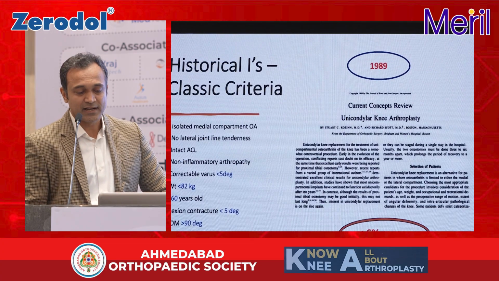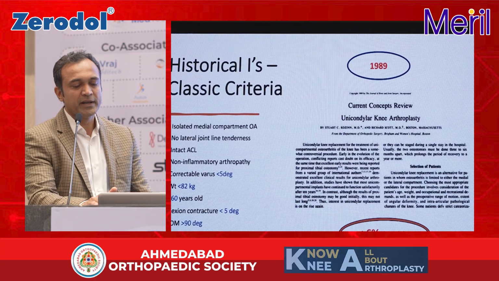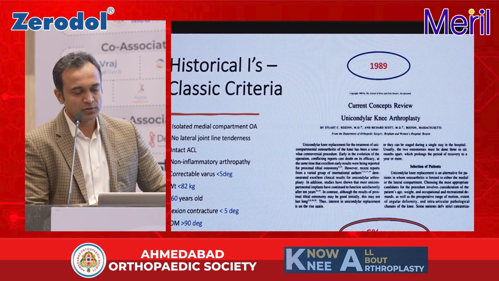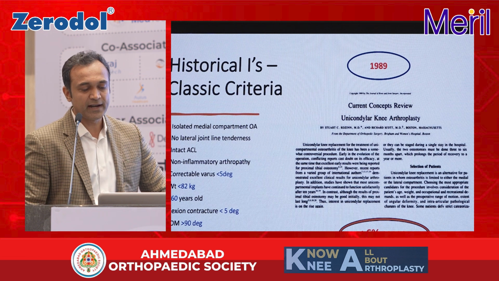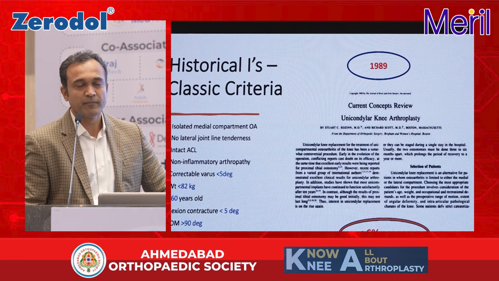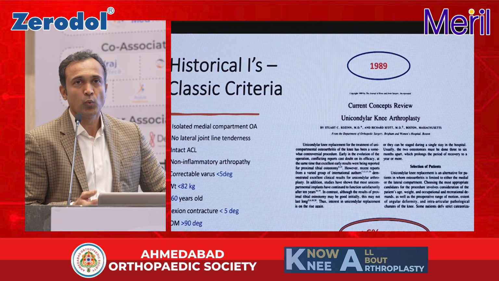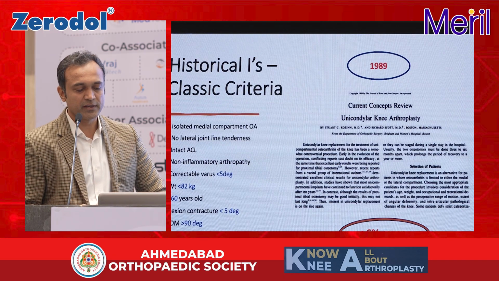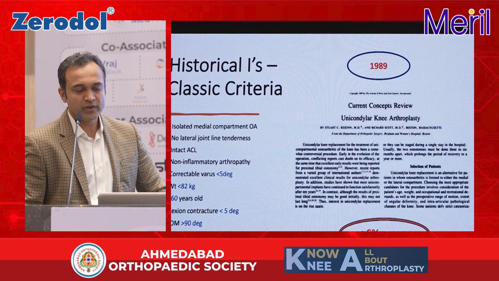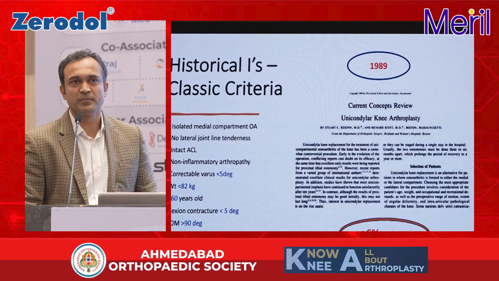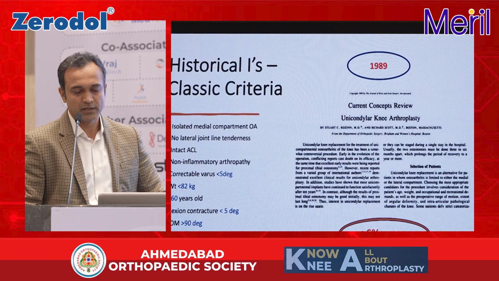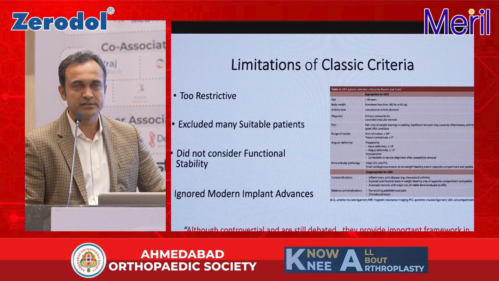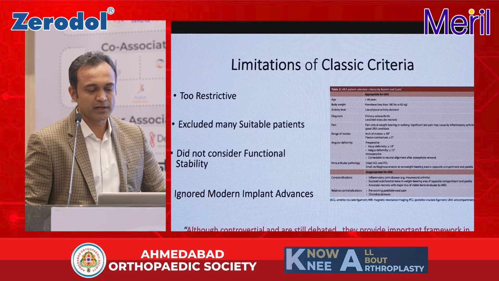The historical classic criteria suggest that isolated medial compartment osteoarthritis should have no lateral joint line tenderness, should have an intact ACL, and should be a non-inflammatory arthropathy. The correctable varus should be less than 5 degrees, weight should be less than 82 kg, age should be more than 60, flexion contracture should be less than 5 degrees, and range of motion should be 90. If we go with these criteria, only 5 to 6% of the patients in the population can be offered the surgery. So these criteria were too restrictive, excluded many suitable patients, did not consider functional stability, and ignored many